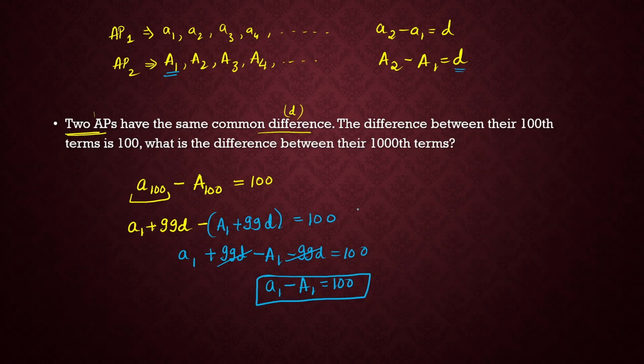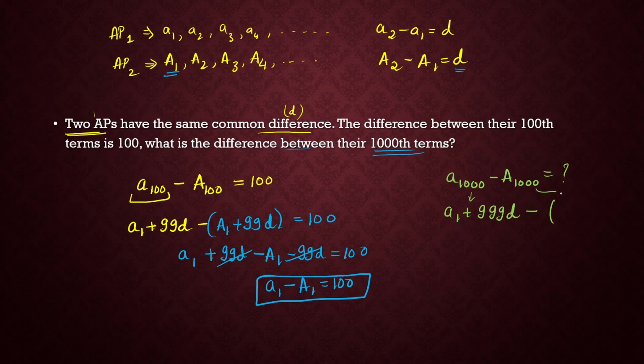Now, in the question they've asked us to find the difference between the thousandth terms. So they have asked us to find the difference between A thousandth minus a thousandth term. This is equal to how much we need to find out. So I can write this A thousand as a1 plus 999d